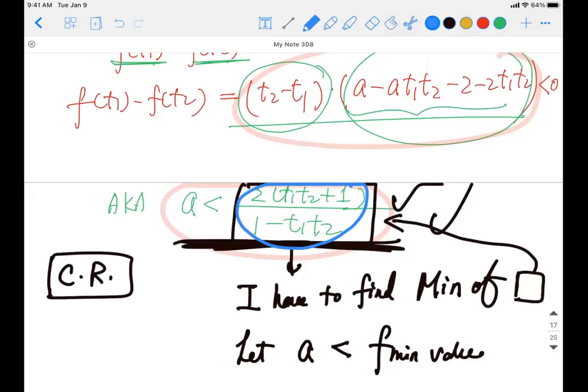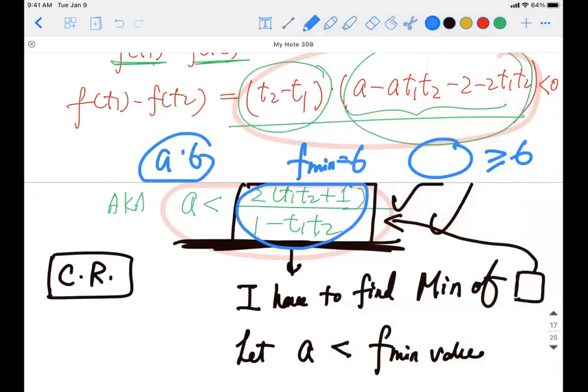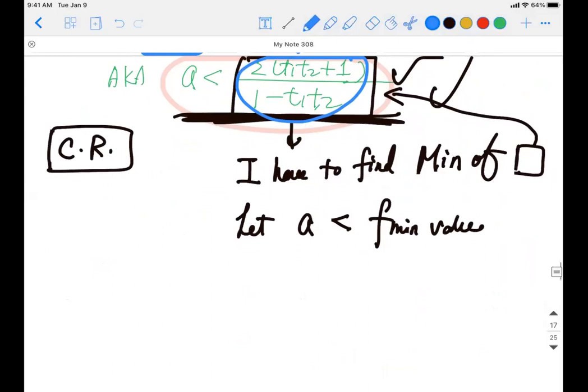Let's say the minimum of this function equals 6. I'm just giving an example. So this expression is always greater than or equal to 6, right? It's a minimum. If you make sure A is less than 6, then A is always less than this expression. This is actually using the boundary, the scaling method, which is a very important mathematical thought for high-level math computation.